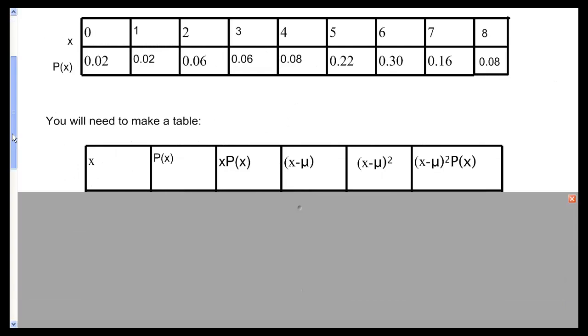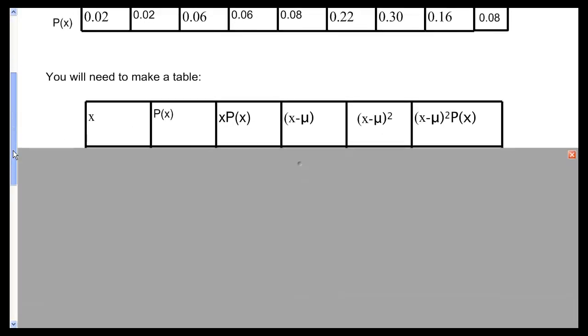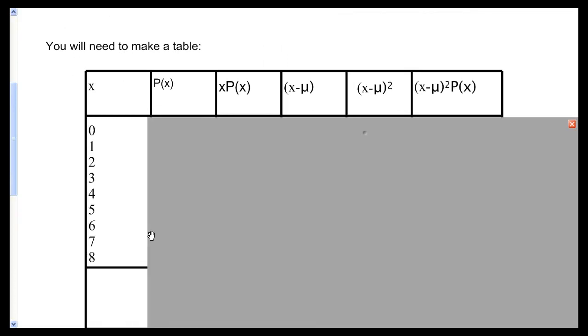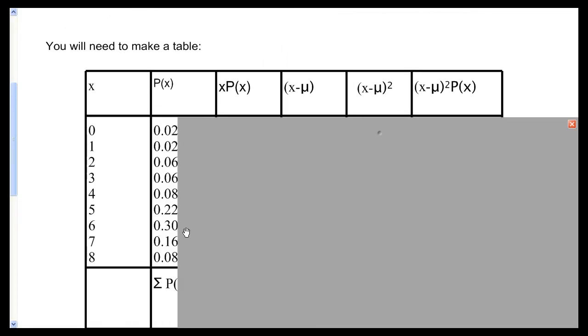And the X is, and there's a way to do this on the calculator, and I'll show you in a few minutes, but some of you like to do some of it by hand. So here's X, and those are all the numbers that were in the table, and here's P of X, and they were in the table. And remember, for it to be a probability distribution, these numbers have to equal 1. Now the next step would be